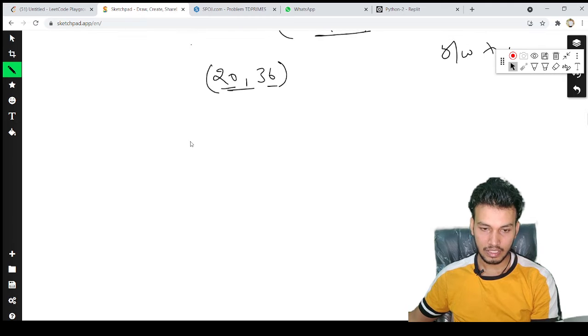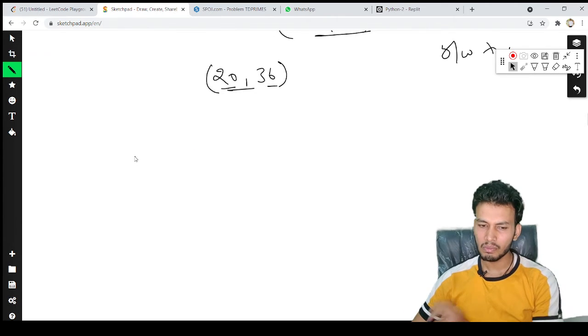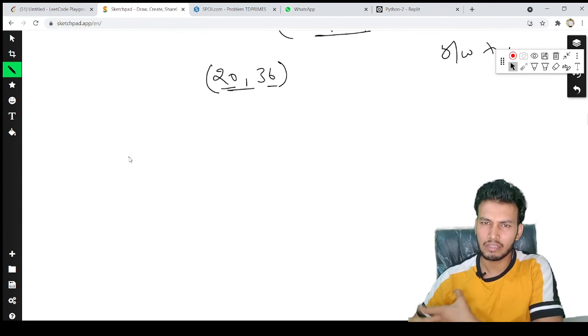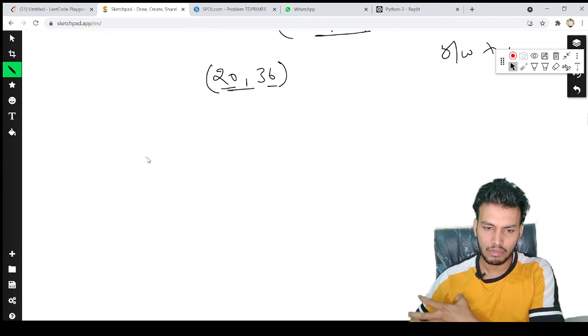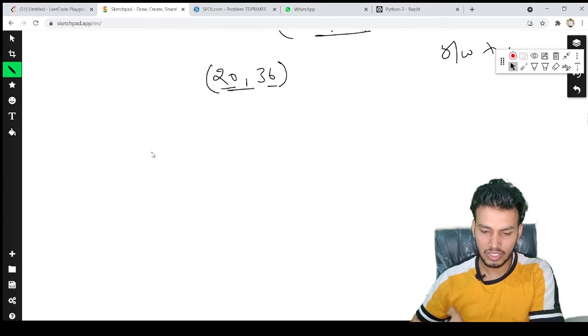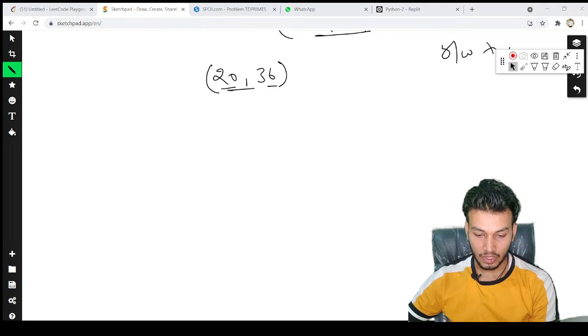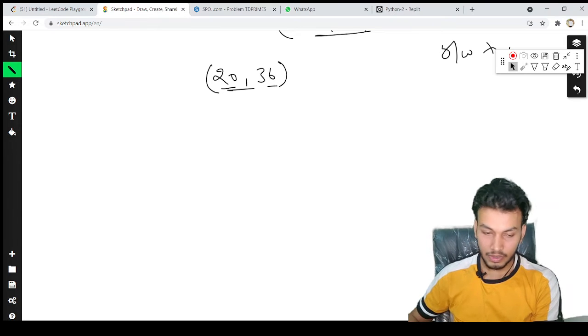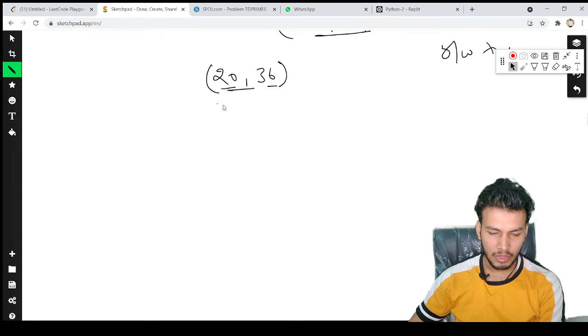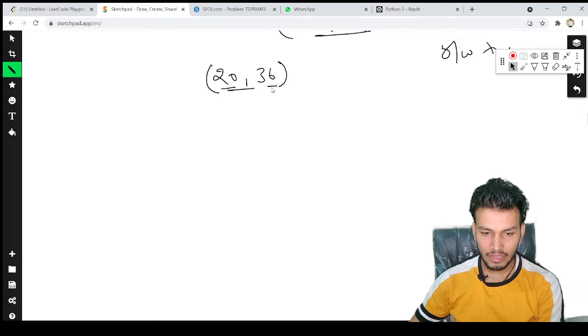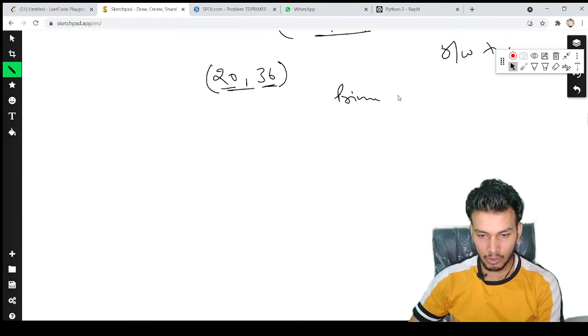So let's see what we can do. We will be using the same things that we learned till now, like in Sieve. We will be just doing some improvisations here. As you remember, first of all, I will find all the prime numbers till sqrt of n.